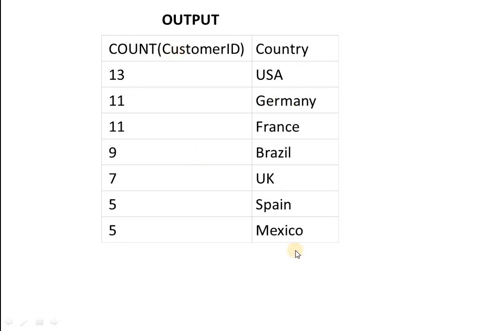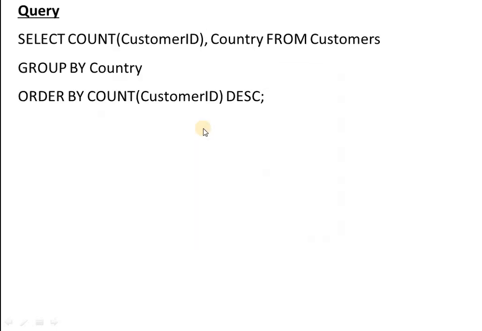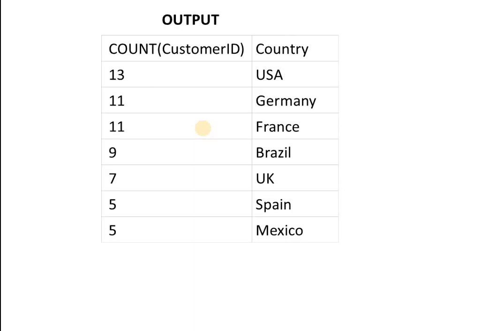Counted country wise. So USA 13, Germany 11, France 11, Brazil 9, UK 7, Spain 5, Mexico 5. And accordingly, the condition is I have to display order by in descending order. So we have already done order by. So in descending order it is showing 13, 11, 11, 9, 7, 5, 5.